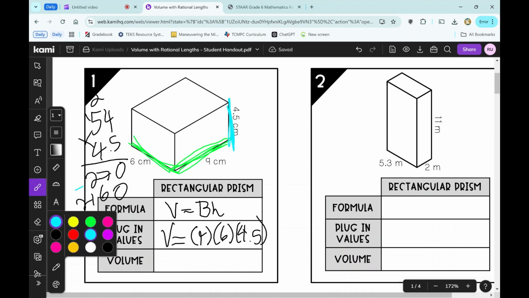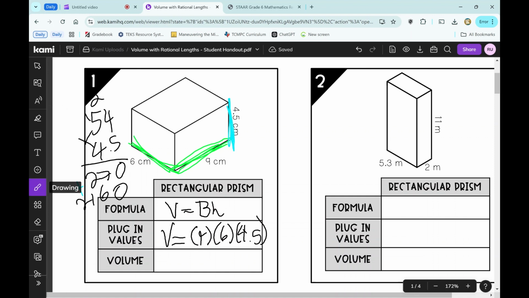So I should have done this in a different color so it was easier for you to see it. But here, I'm adding 0, 6, 7, 2 plus 1 plus 1, and then 2 by itself. So we get the volume of 2,430. But remember, whenever we were actually solving this, we had one number after the decimal. So in our answer, we have to have one number after the decimal. So it is not 2,430. We should be getting